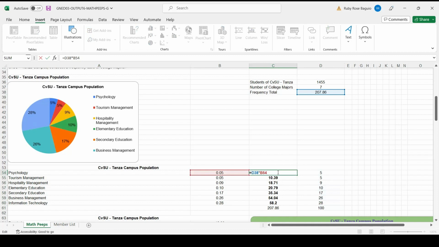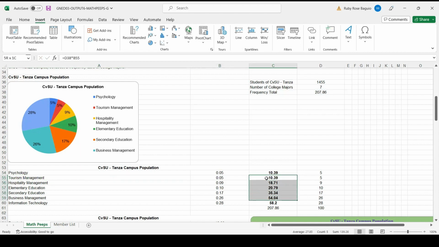107.86 by 0.05. In Excel computation, that is equal to D38 asterisk B54. Click enter, and you will get 10.39. You have to do the same for the following numbers. For the tourism management, the answer is still the same, since the data is the same, and so on